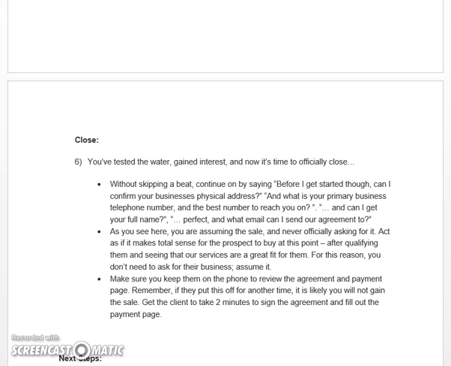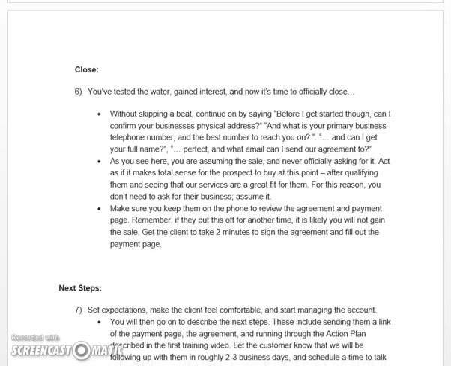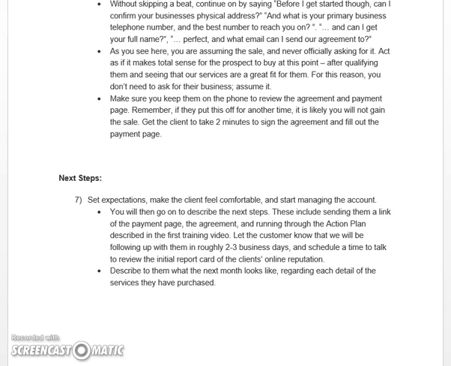And I also want you to review that with your sales manager as well. And then next steps. So you're going to set the expectations, make the client feel comfortable, and start managing the account. So you're going to go into describe the next steps. These include sending them a link of the payment page, the agreement, and running through the action plan described in